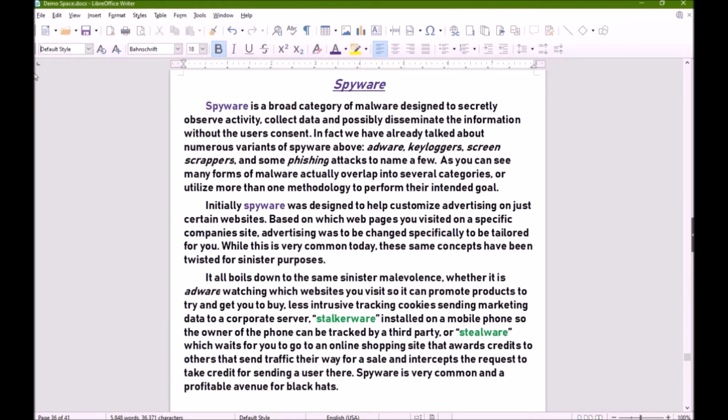Initially, spyware was designed to help customize advertising on just certain websites, based on which web pages you visited on a specific company's site. Advertising was to be changed specifically to be tailored for you. While this is very common today, these same concepts have been twisted for sinister purposes. It all boils down to the same sinister malevolence, whether it is adware watching which websites you visit so it can promote products to try and get you to buy, less intrusive tracking cookies sending marketing data to a corporate server,